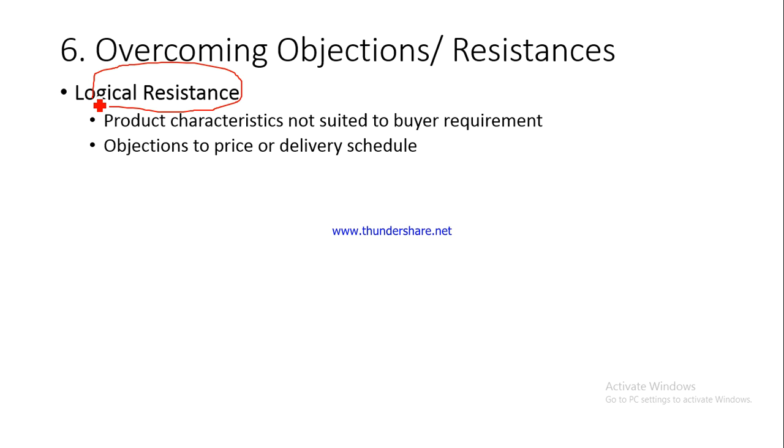He is resisting your attempt to sell him your product. So that is an example of resistance. Resistance can be of two types. One is logical resistance, which is actually based on some fact. For example, the product characteristics are not as per the buyer requirement,